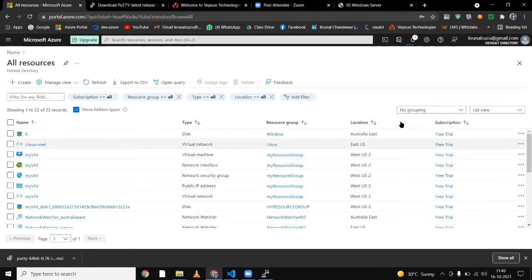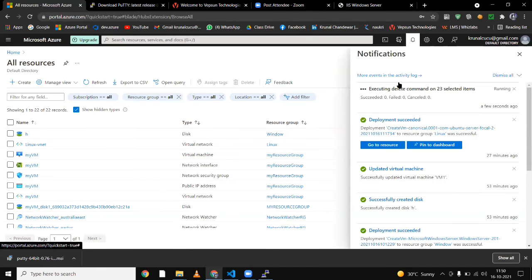Now the resources are deleting, let me check whether they are deleted or not. Yeah, it is executing the delete command. I selected 23, and those 23 will be deleted. This is the most important point. Otherwise, while practicing you will spend a lot and get irritated. So first, use your credit card; with that you will get 14,000 rupees. Practice with the 14,000. You can finish it in one month and you will get very good knowledge.